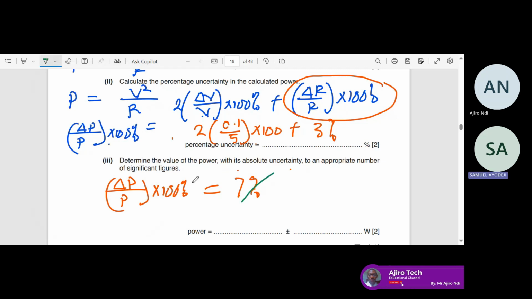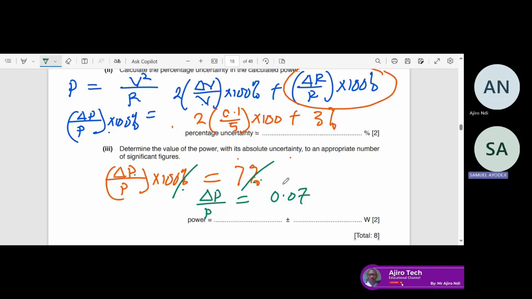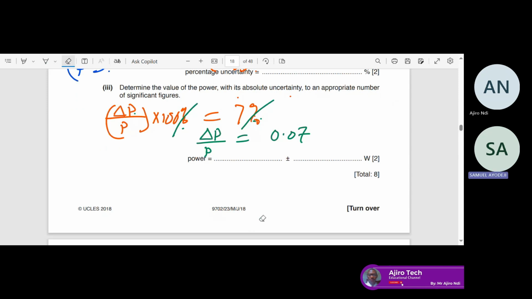This 0.2 is absolute. You are looking for absolute uncertainty in this, so this cancels this. You are going to have the uncertainty in P over P equal to 0.07, that is 7% divided by 100. Are we together? Yes. Okay. So you are now looking for the absolute uncertainty in P, which is equal to 0.07